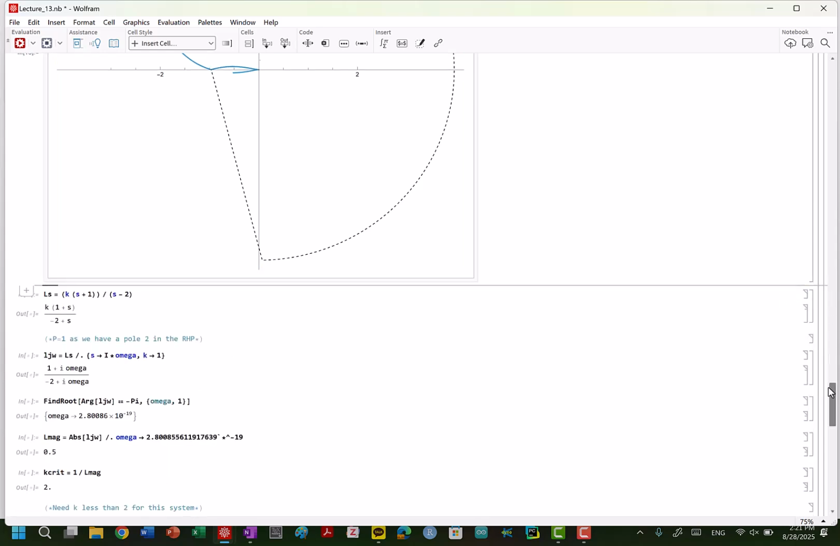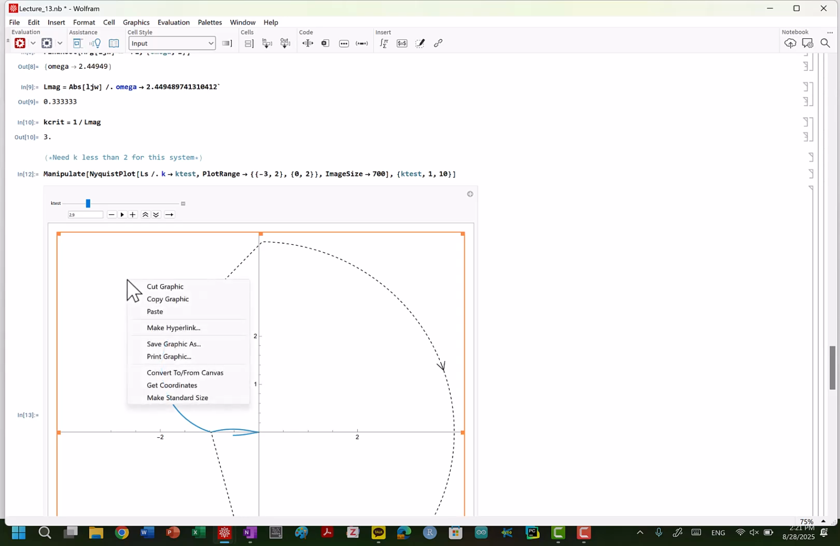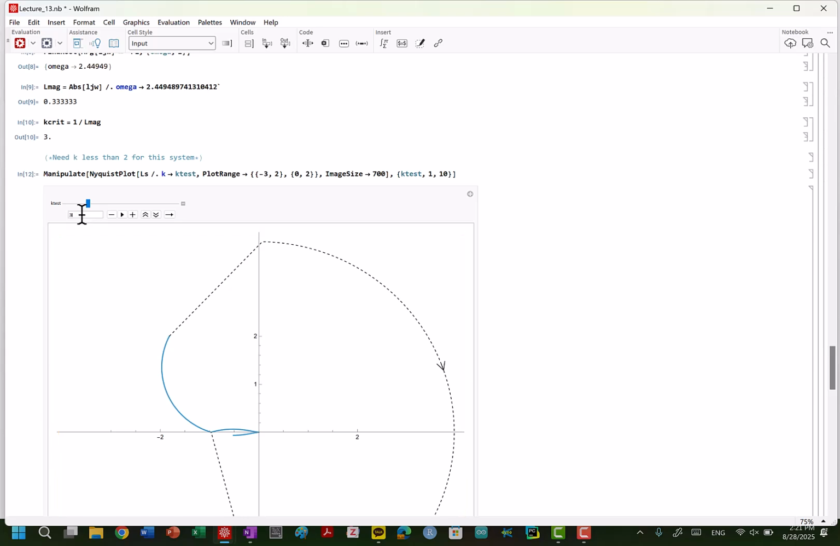Let's delete that. Let's go up here. So you can see here, we're right on the edge, right? So let's get our coordinates. You can see we're almost about touching -1. So if we go to, for example, 3.2, and if we zoom in,